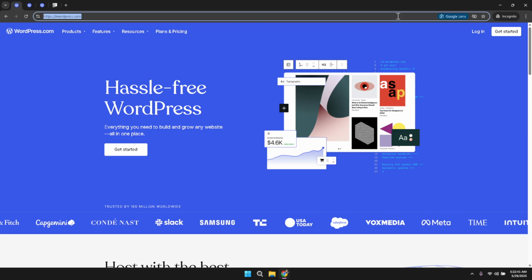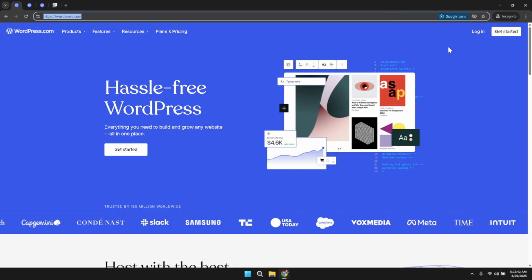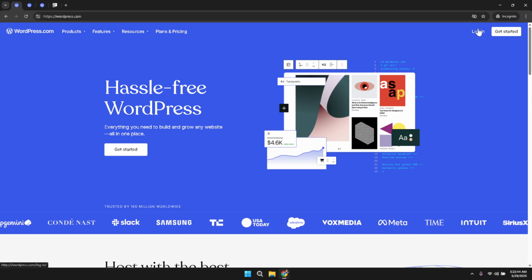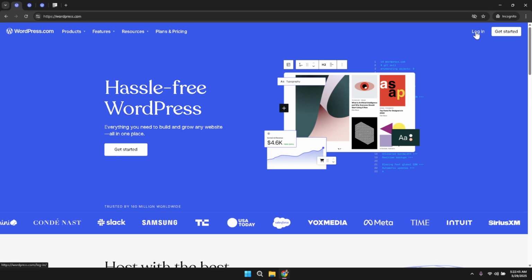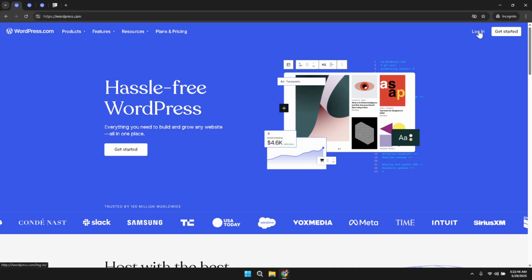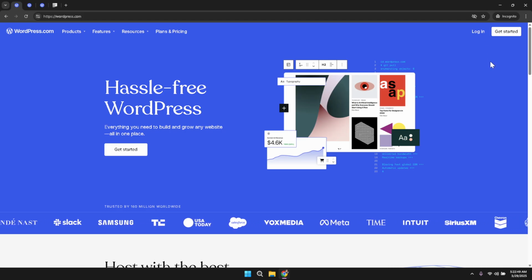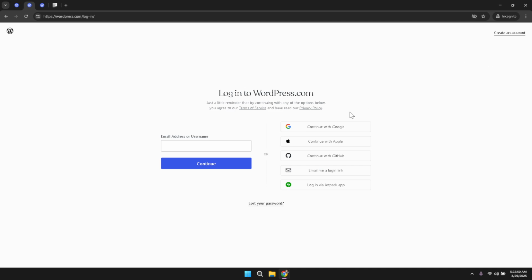Once the page loads, direct your attention to the top right corner where you will find the login option. Clicking this login option gives you access to your account and secures your session. After selecting login, you will be presented with the option to continue with your Google account. Opt for continue with Google and then choose the appropriate account from the list available. This method simplifies the login procedure by taking advantage of your existing Google credentials, ensuring a smooth and secure sign-in